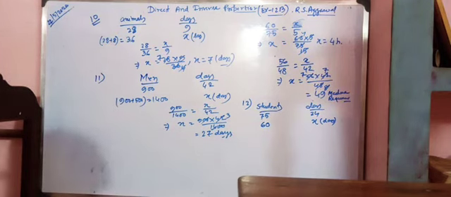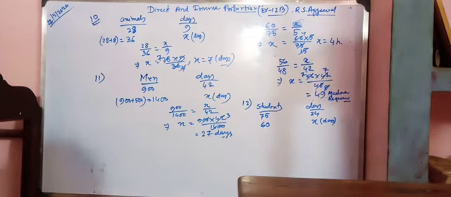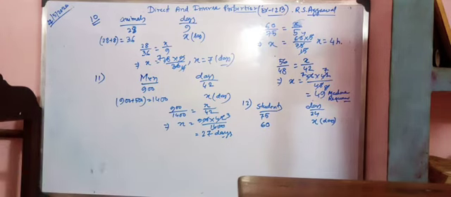Next, question number 13. At a school, 9 periods a day, each of 40 minutes duration. How long would each period be in a school of 8 periods a day, assuming the number of school hours should be the same? So here one quantity is the same, that is the number of school hours. This is a very easy question. We do not have to add or subtract anything. We just go through the process and we will get the answer.